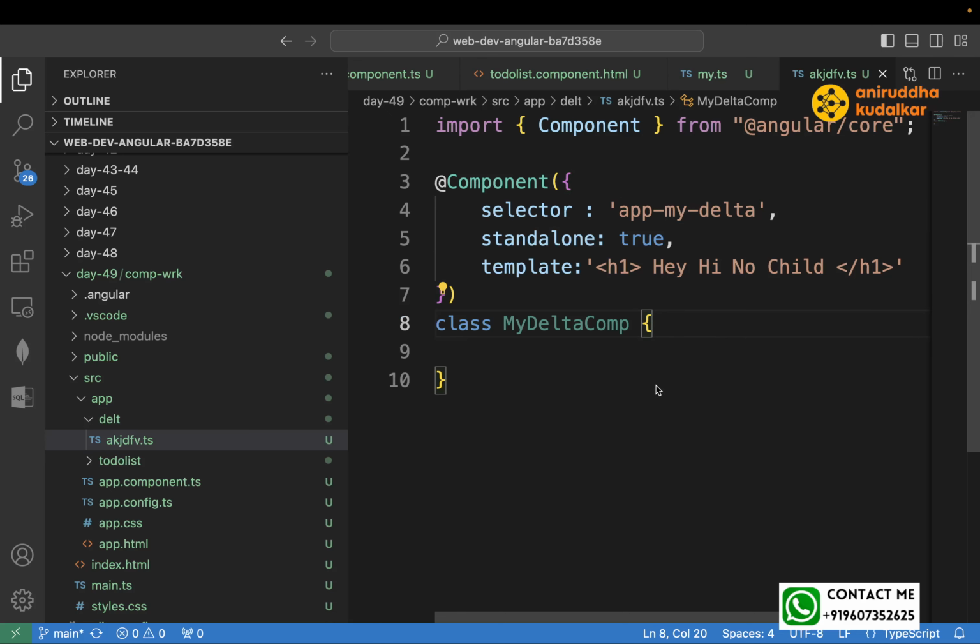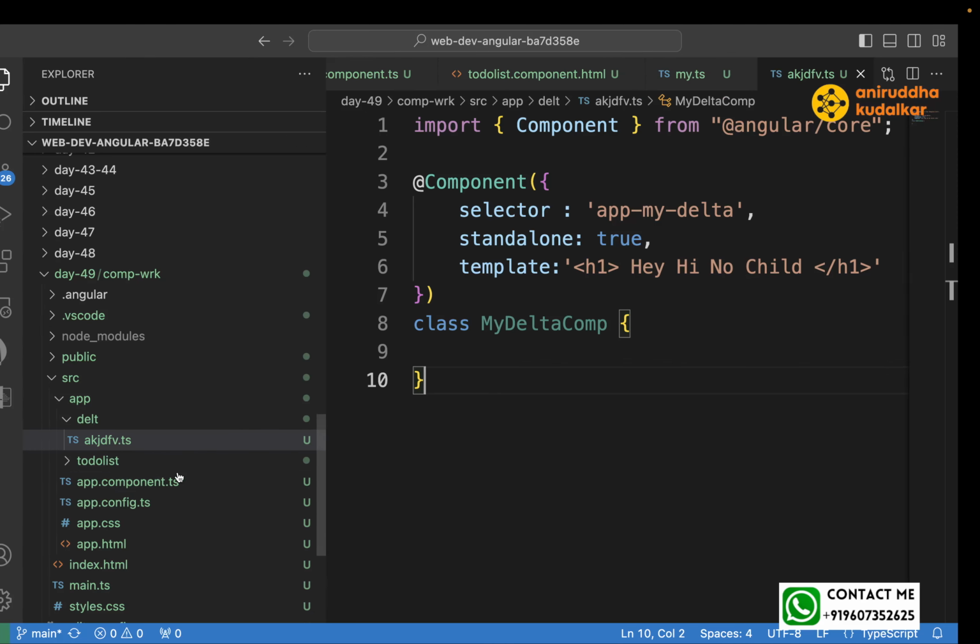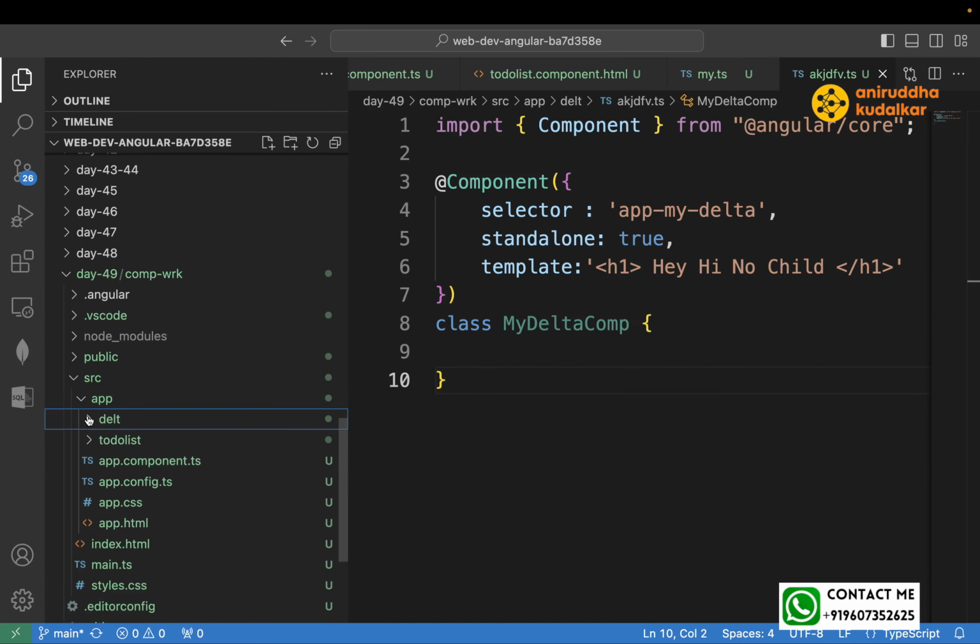So we can interlink them as per our wish. Yes, that's what I told you. It means I can bring this newly created component anywhere in the app, anywhere, as well as